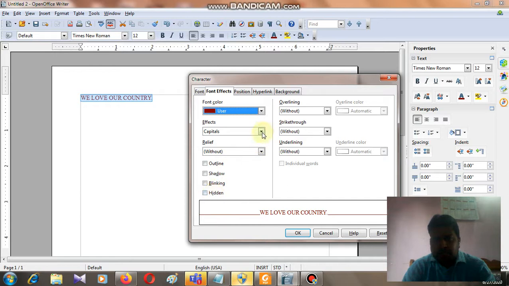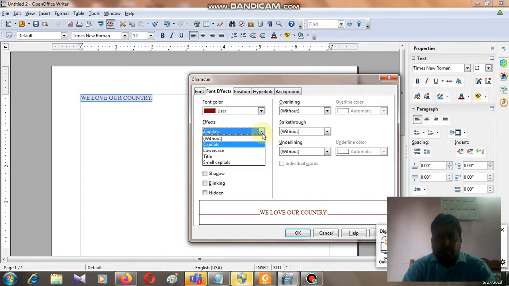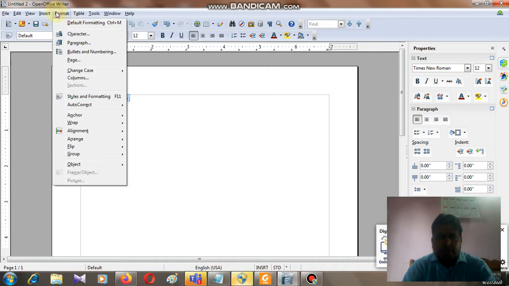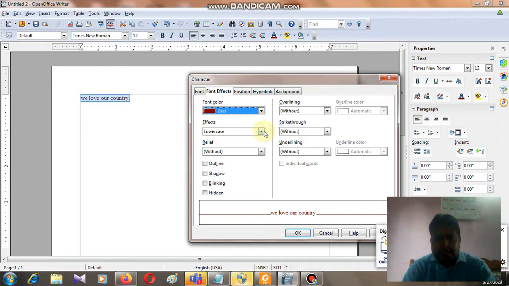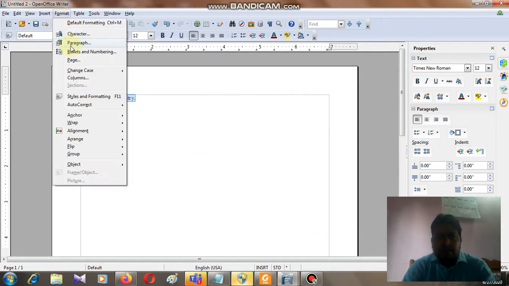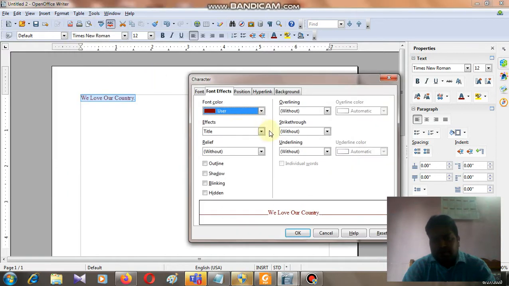Okay, so now effect means what, if you want to display anything in a capital letter, in a block letter, so you can choose this capital. You want all the things you want to display lowercase, so now click here lowercase, it will be displayed in lowercase. ना यू वांट टू चेंज वर्ड कि सर फर्स्ट लेटर कैपिटल होना चाहिए सारे वर्ड का, तो उसके लिए हम लोग बोलते हैं सेंटेंस केस। तो बेटर आप क्या कर सकते हैं, टाइटल यू कैन से टाइटल, सो टाइटल मीन्स व्हाट, ऑल द फर्स्ट लेटर विल बी इन कैपिटल, सो दैट इज कॉल्ड इफेक्ट। सो हाउ यू कैन डू दिस चेंज इन इफेक्ट, so what are the options are here.